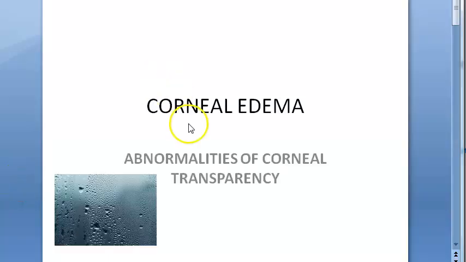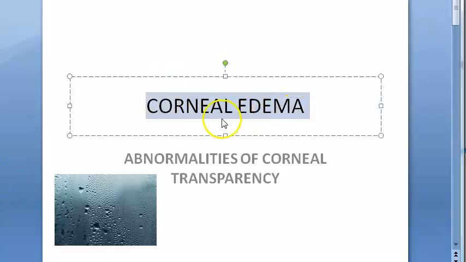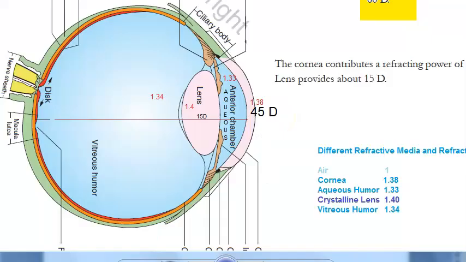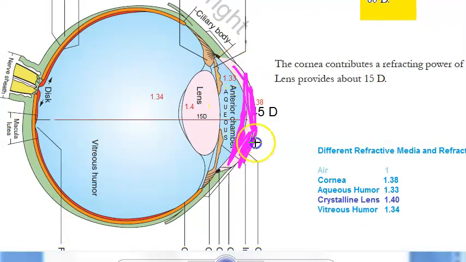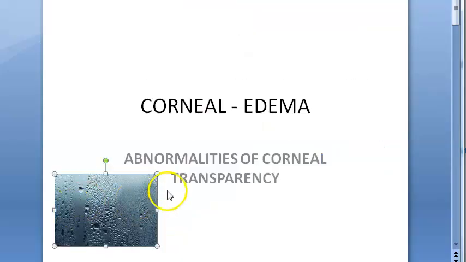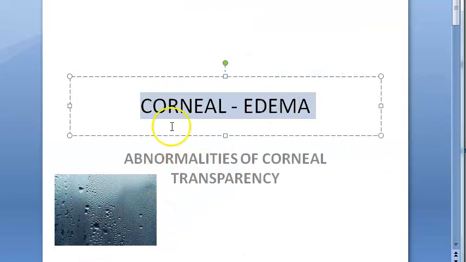Hello people, in this video we want to look at corneal edema. So edema of cornea. You know what cornea is, right? So this is cornea and this is becoming edematous. So it is absorbing water and it has become nice and thick. So what will happen when it becomes like that? There will be reduced vision, right? So we are looking at corneal edema.